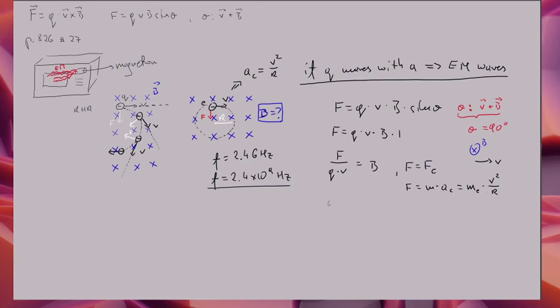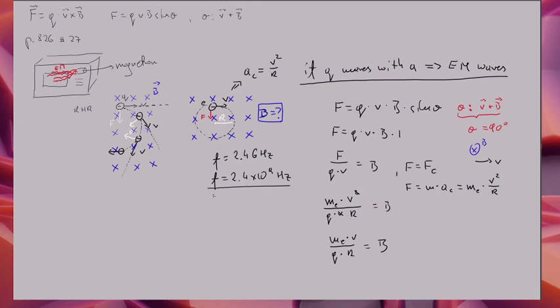So let's plug this in. What I will have here is mass of the electron, which I know, I can look this up, times V squared over R, and then I have Q times V times B. So I get, and this equals F. So this cancels, that cancels, and I end up with mass of the electron times V over Q times R equals B. Well, that didn't really help because I don't have V and I don't have R,